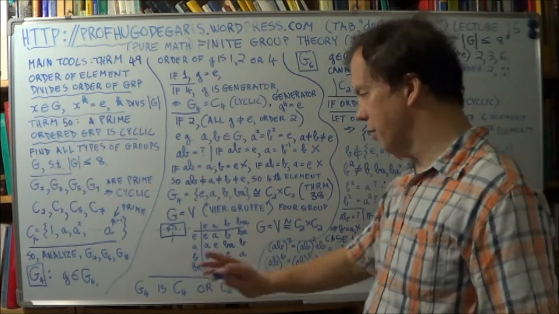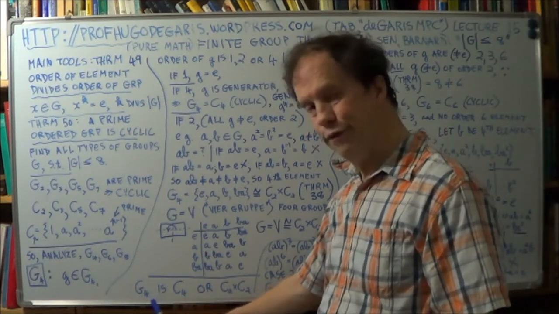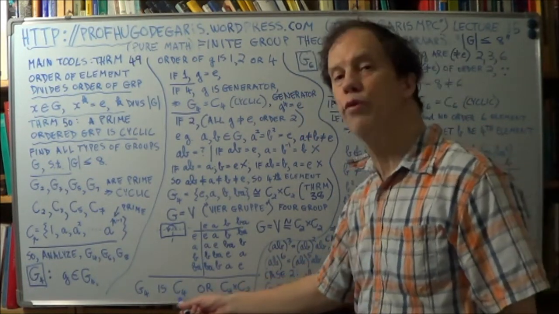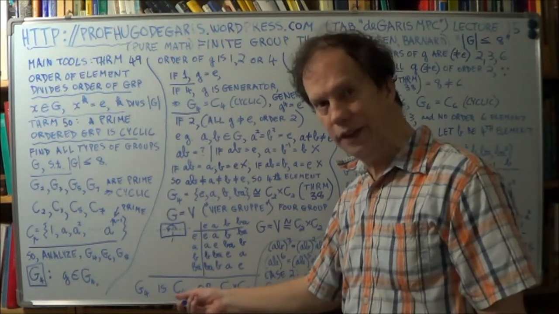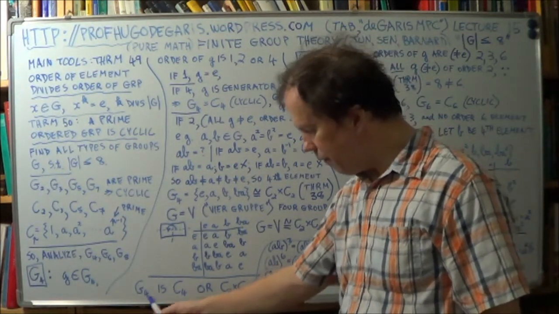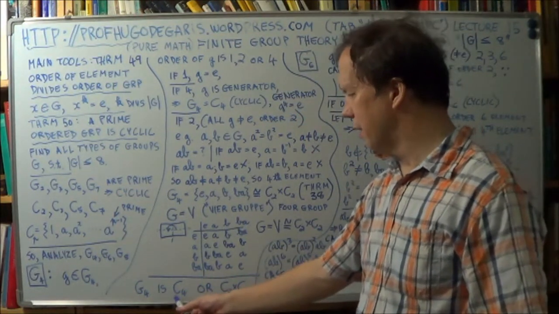Right? Okay, so we can summarize a little. So if the order of your group is 4, you have two possibilities. It's either cyclic, and that'll be true for any order, any n. Right? You'll always have the cyclic group. So G4 is of two types. It's either